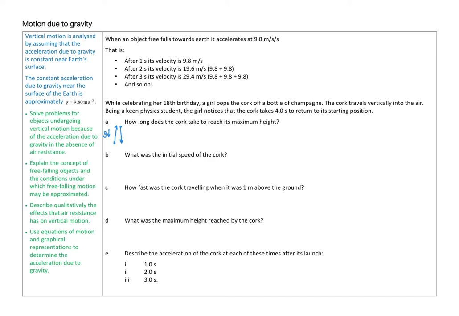So how long does it take the cork to reach its maximum height? Well, that's equal to 4.0 seconds divided by 2, which is equal to 2.0 seconds. Then it's asking us to work out what was the initial speed of the cork. So what's the information that we know? Well, we know, let's do each of these. We know that the acceleration,